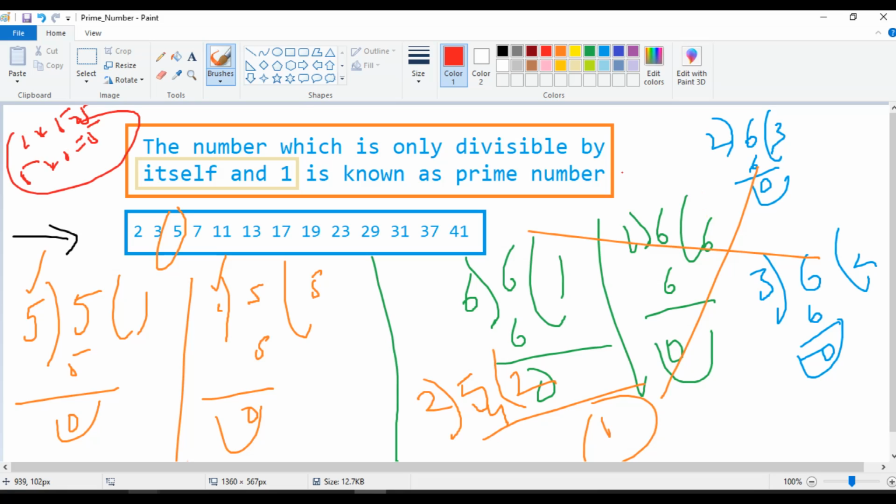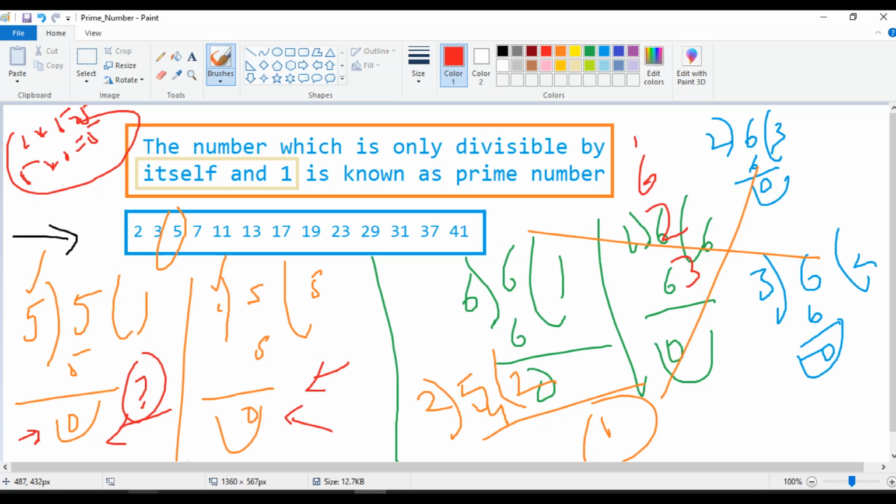But if you check other non-prime numbers, for example take 6. 1 into 6 is equal to 6. 6 into 1 is equal to 6. 2 into 3 is equal to 6. 3 into 2 is equal to 6. The same logic I will implement with the help of a programming language also. At that time what we need to remember is, after dividing any number we need to get the remainder, and that remainder we need to count. For prime numbers, you will get only two zero remainders: one by dividing by itself and one by dividing with 1.